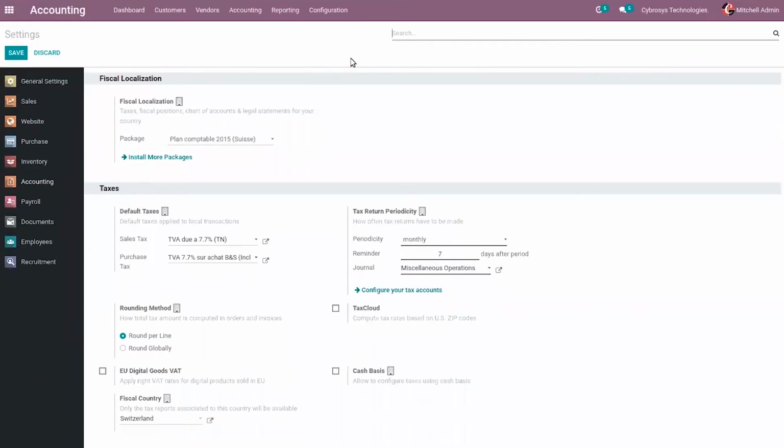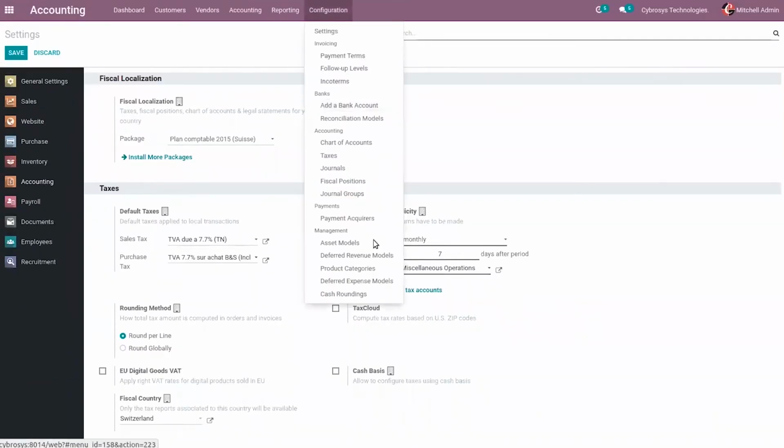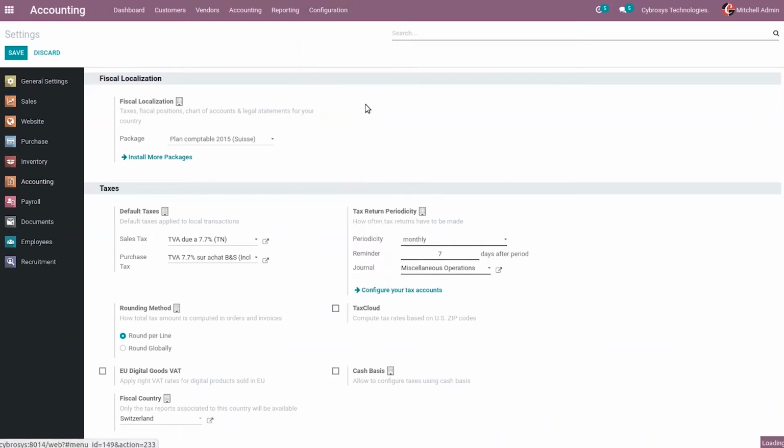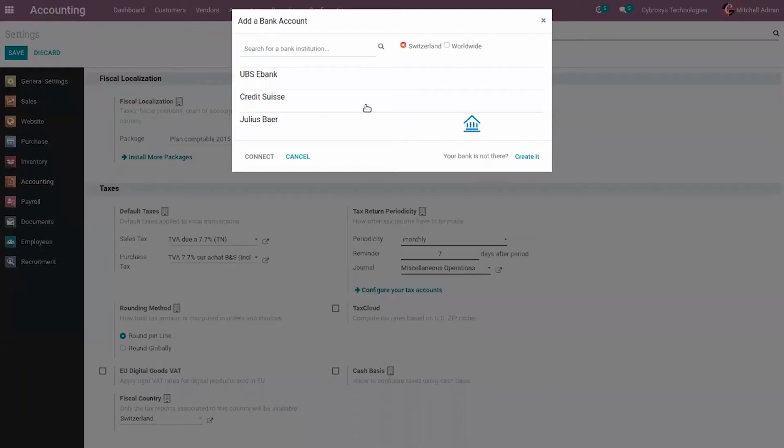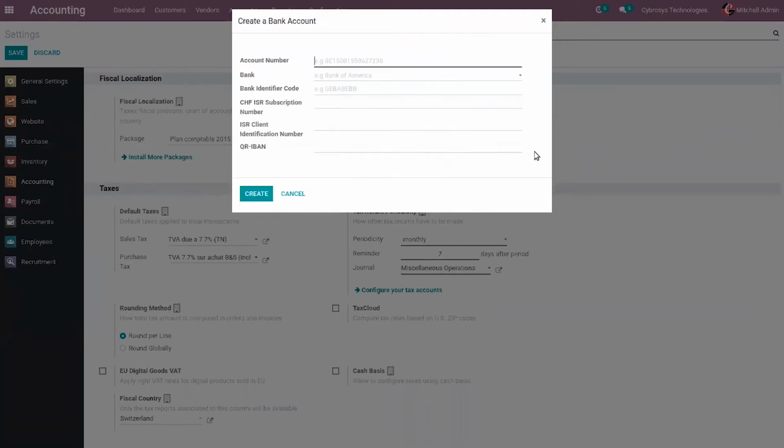Now let's add a bank account. For that, come under configuration, and here you can see the option to add a bank account. Let's create a new one from here. Here you can select the bank, then you can provide the bank identifier code. Then here you can see some extra fields like